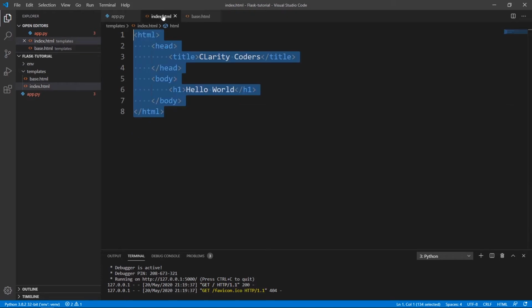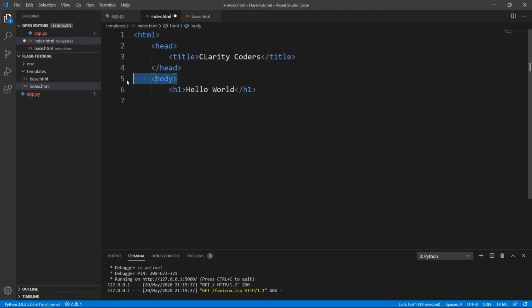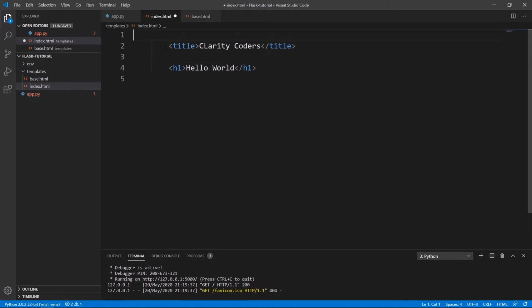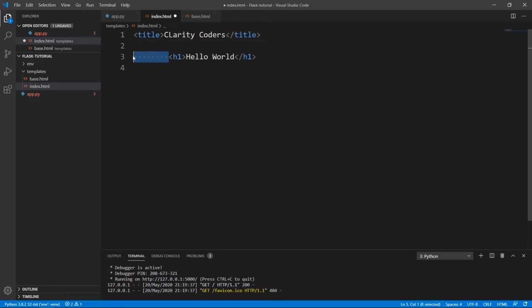So now in our index.html, we've simplified this. We don't have to redo this on every page of our website. So instead of redoing all this code, now remember, this was a bare bones HTML page. Usually it's a lot more complicated than that. So it kind of seems silly to do this right now, but in the future, this is going to be a little more detailed. Now all we have to do is say that we're using the base HTML